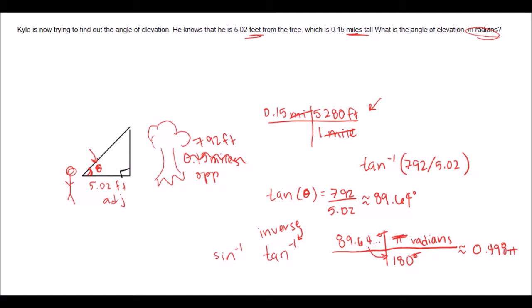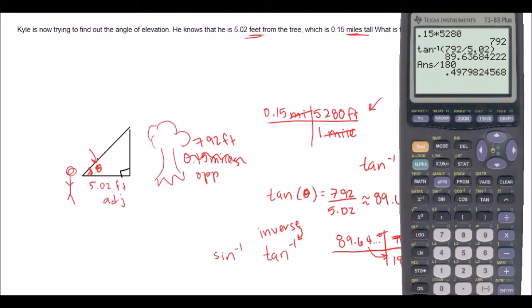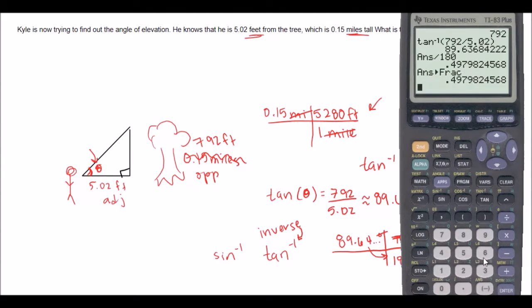And this looks pretty wonky, so what I would ordinarily do is go to math, enter, and try to find a fraction. But in this case, because I've solved this before, I know that there is not a fraction that will go with this, which is kind of sad, but it still works,